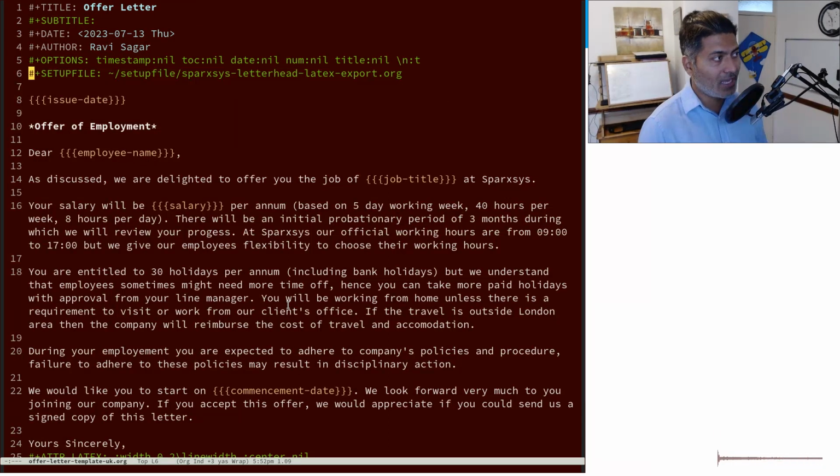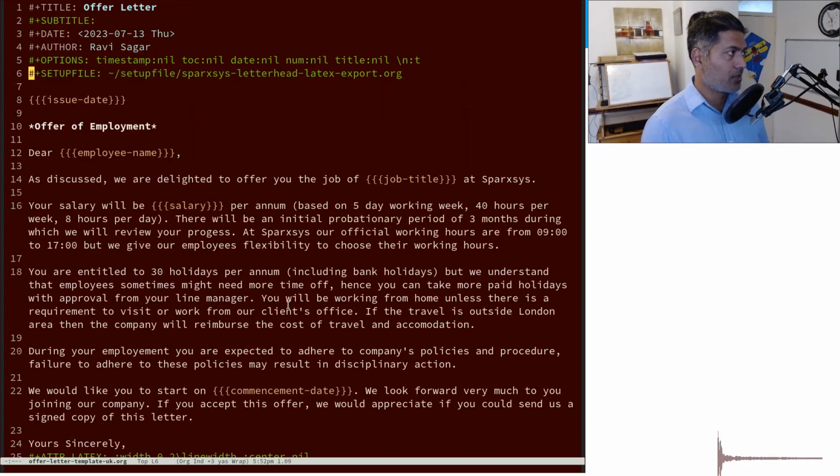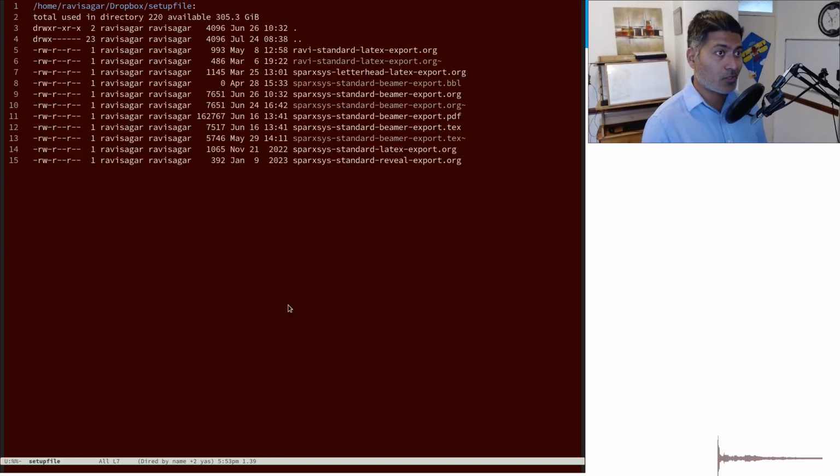Have some kind of a setup file, and in your setup file, of course, use the path, and my path is always relative to my Emacs home. For example, I can see here that I have written this tilde sign and then the setup file. So this is not the home of my computer. This is basically the home of my Emacs, but it can be the same in your case. So what I normally do, I simply use different files based on what kind of document I want to generate,